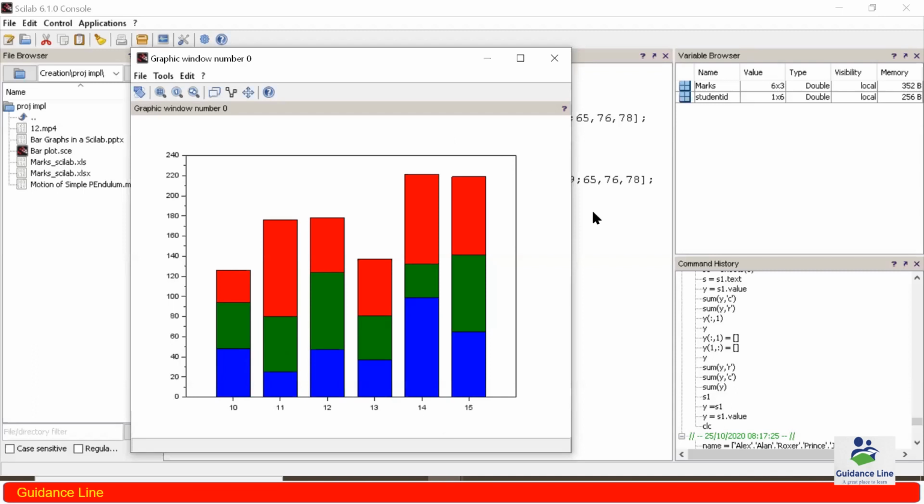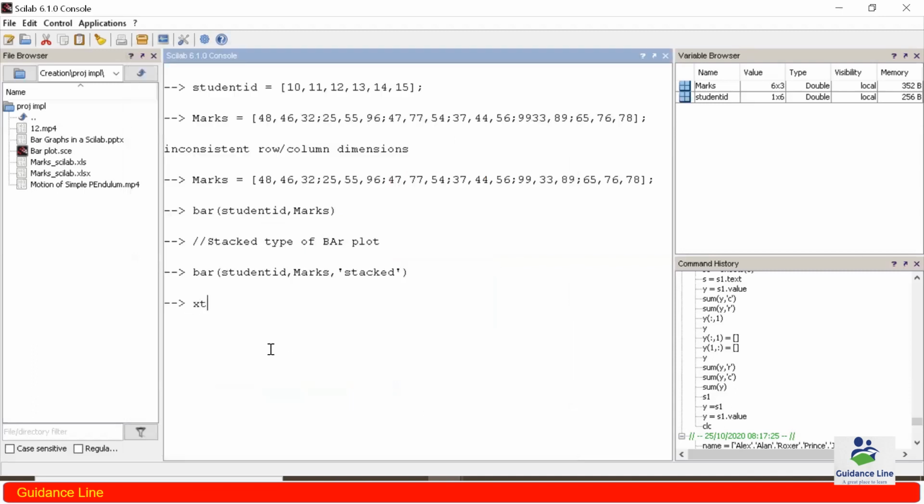So we can do this particular task by using xlabel and title. By using one command we can provide both the details, title and the labels.